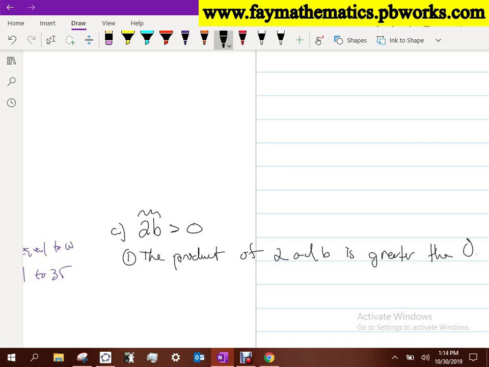What kind of numbers are bigger than 0? Well, what is one characteristic that is the same for every number that is bigger than 0? Real numbers. Well, they are all real numbers, but